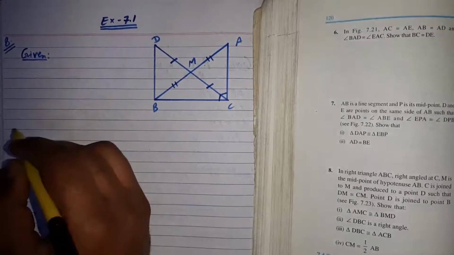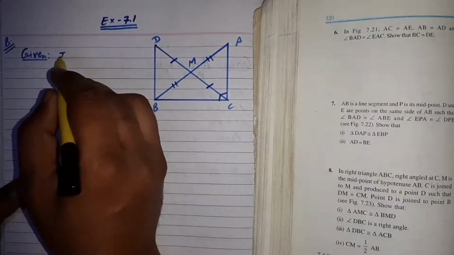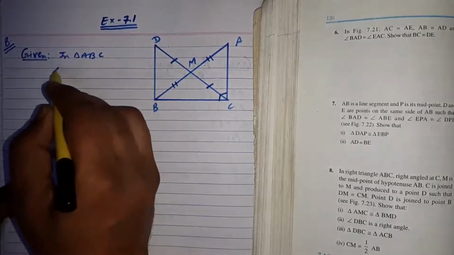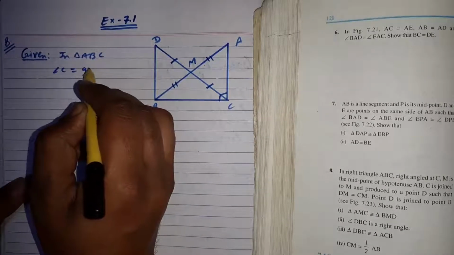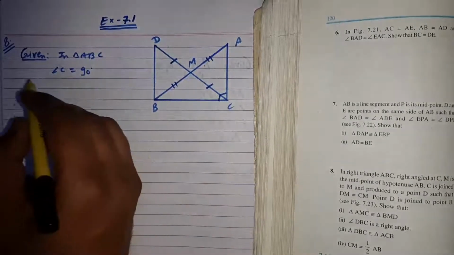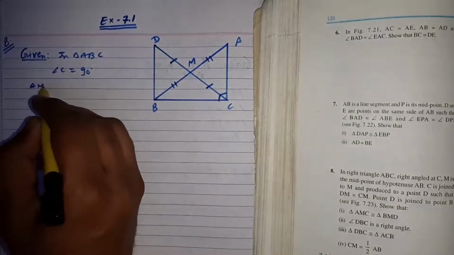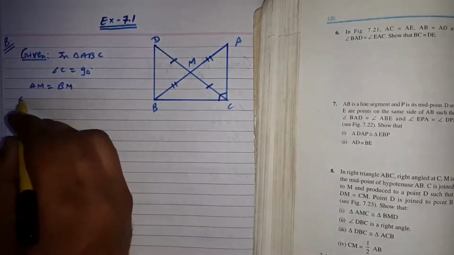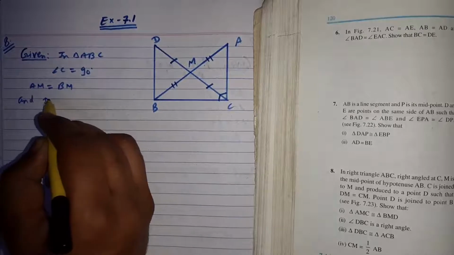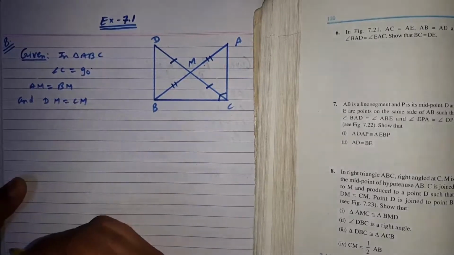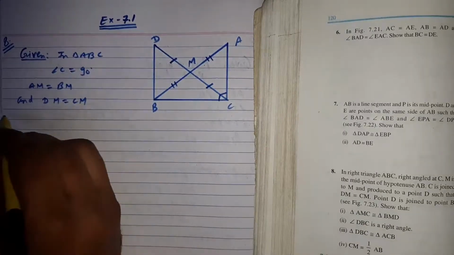so in triangle ABC, angle C is equal to 90 degree. M is the midpoint of the hypotenuse AB. So AM is equal to BM and DM is equal to CM, given. Okay. And we need to